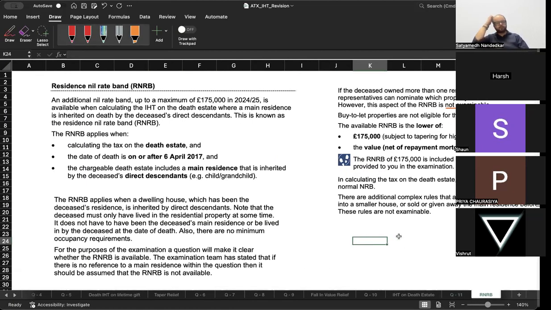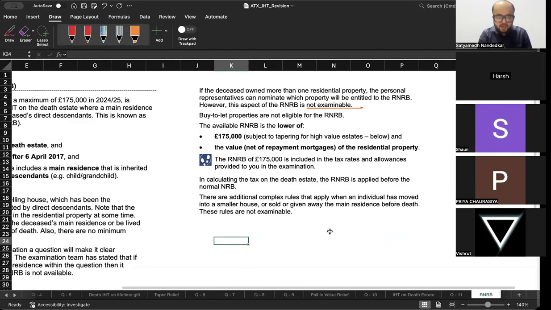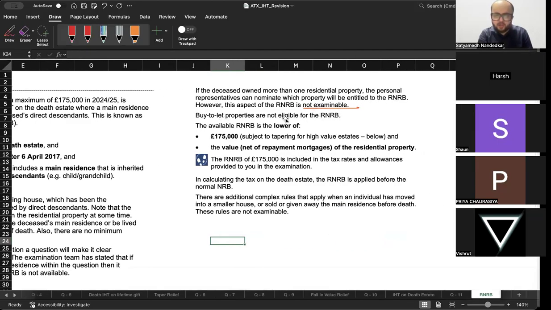As I told you, in the death estate, if an individual transfers a main residence to his direct descendants, and if the date of death is on or after 6th of April 17, then while calculating the chargeable estate value, you subtract 1,75,000 as residence nil rate band। अब ये residence nil rate band is only applicable if it is transferred to a lineal descendant on the occasion of death, otherwise you will not get it। And buy to let properties are not eligible for RNRB। RNRB is the lower of 1,75,000 and value net of repayment mortgages of the residential property।